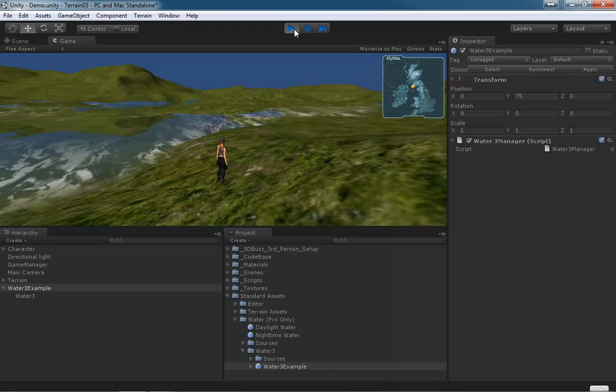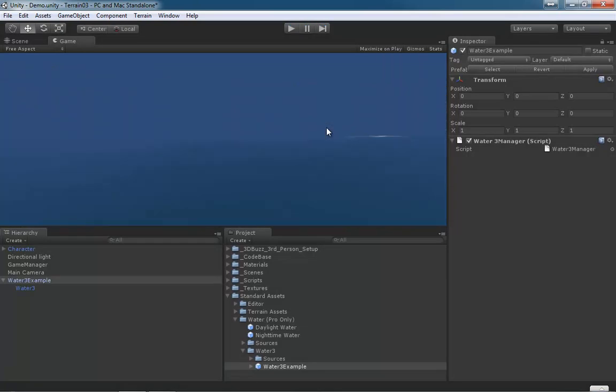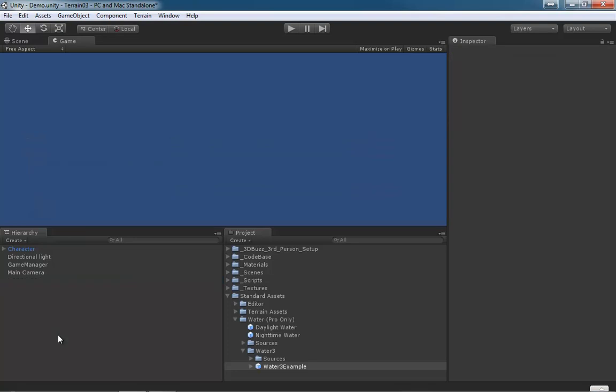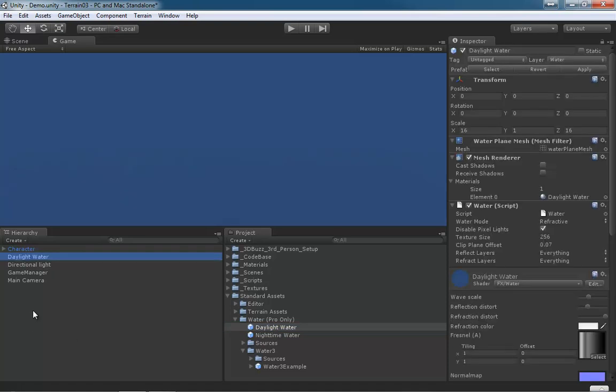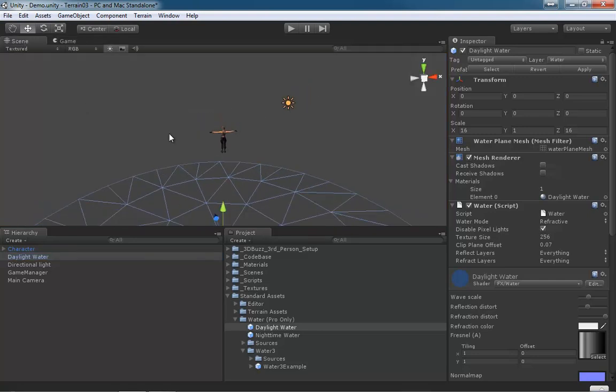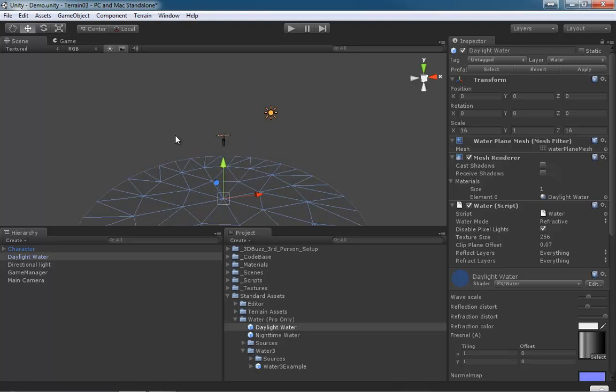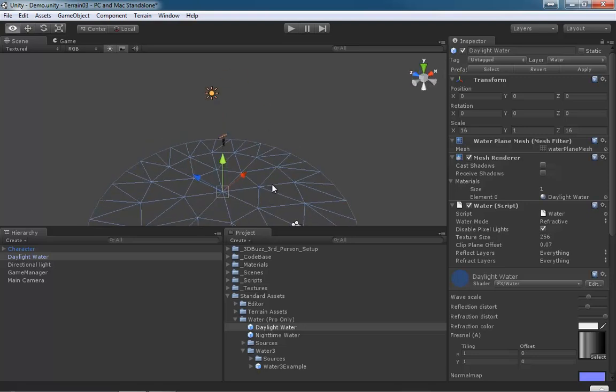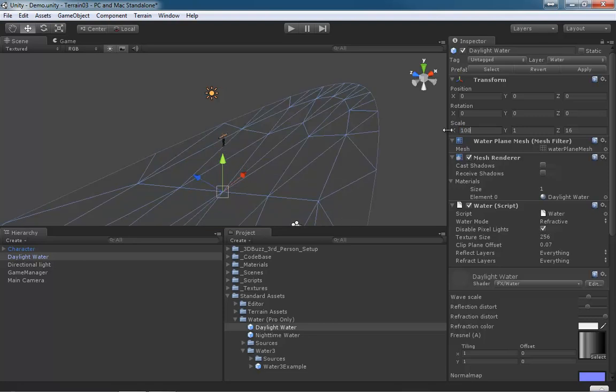All right. So I'll go ahead and throw this back up there. Stop. It's all yours. Okay. Well, this water is kind of cool to play with. And let's go back to our regular Pro Daylight water for now. Okay. So we've got this. You know an altitude now. Well, it's actually a lot smaller. I see that. So I'm going to take this and let's go up to 100